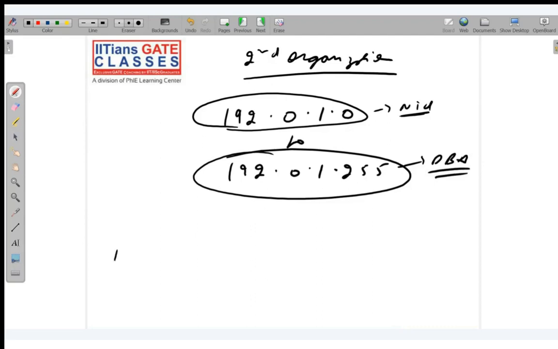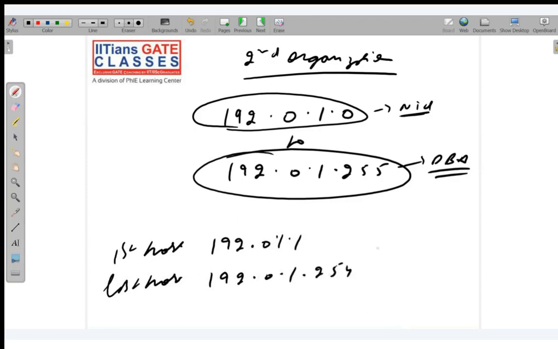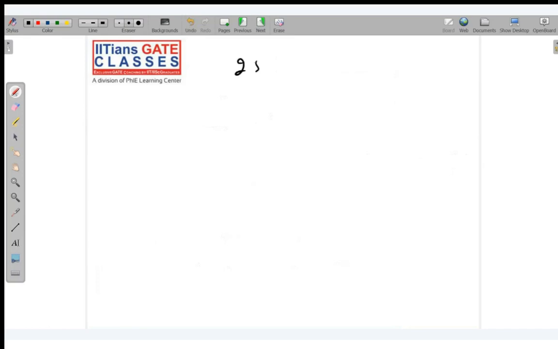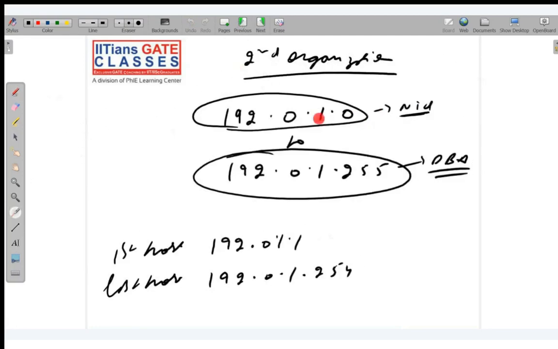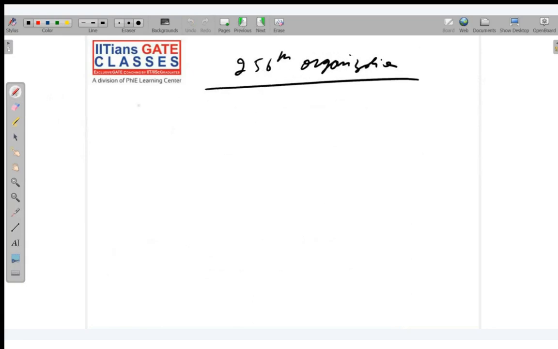Okay. So the first host is 192.0.1.1 and the last host is 192.0.1.254. Take the snapshot. I will jump to the next slide. Done, sir. Now if I go till the 256th organization, how will it look? For the first, here 0. For the second, here 1. So for 256,